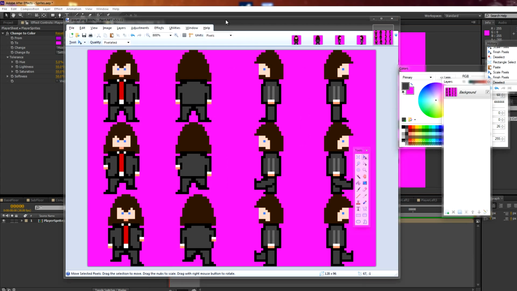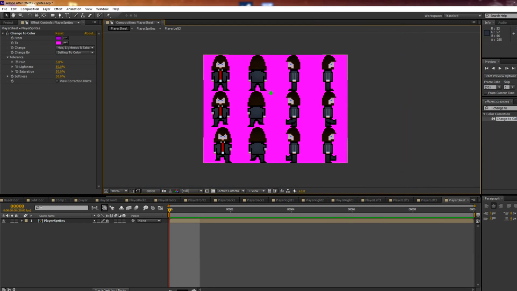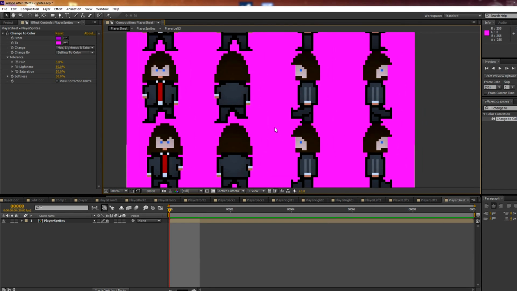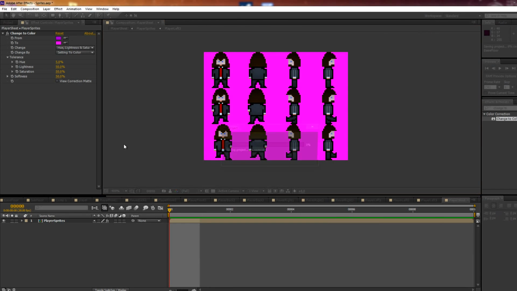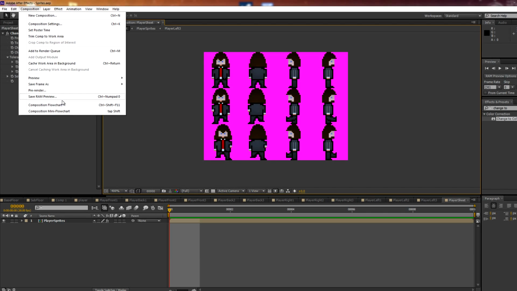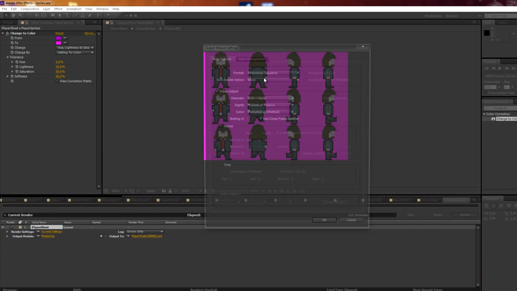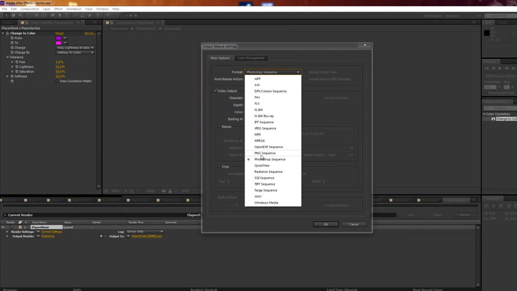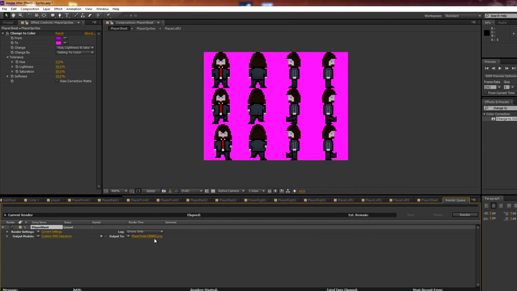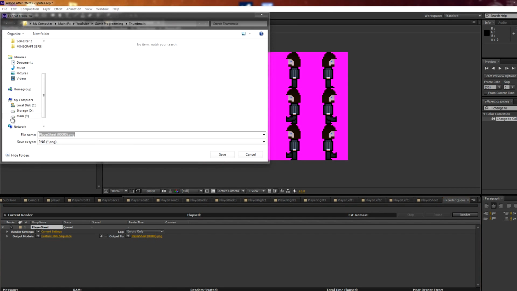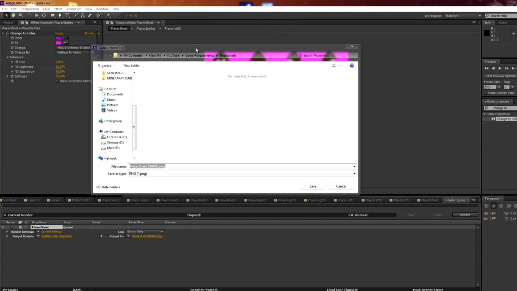So now essentially what we've done is we've added lighting to this player guy to make him look just a bit cooler. So that's awesome. So let's actually just export this sheet. If we go to composition, save frame as file, and then we can choose the file type we want, probably a PNG sequence here. And then of course the location of the player sheet. So we're not going to put it into game programming thumbnails. We're going to put it into our